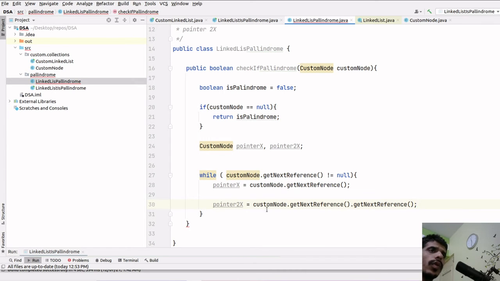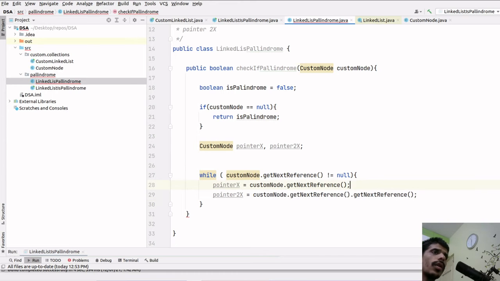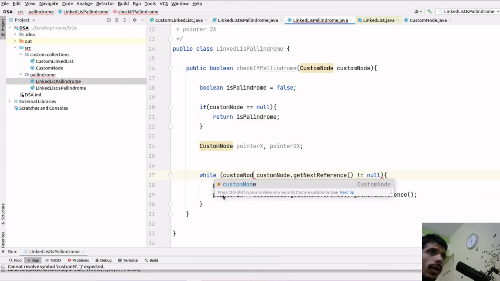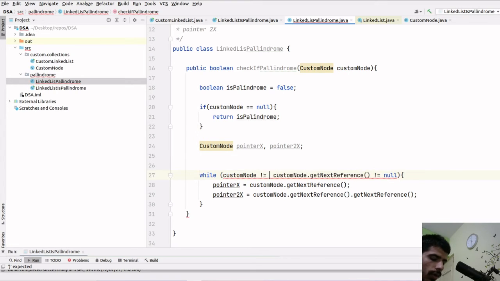So here we have to check one thing: this is not null, so we can jump into the third case. So it's fine. Custom node is not null. I have to put here one solution. That we have already covered, I think, but we are iterating over that. So I will have to add here custom node is not equals to null, and custom node dot get reference is not equals to null, and then I will be having two pointers, custom node dot get next reference and